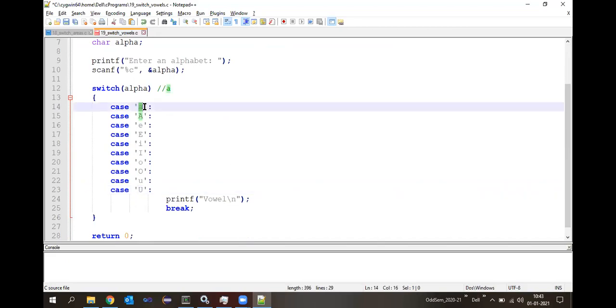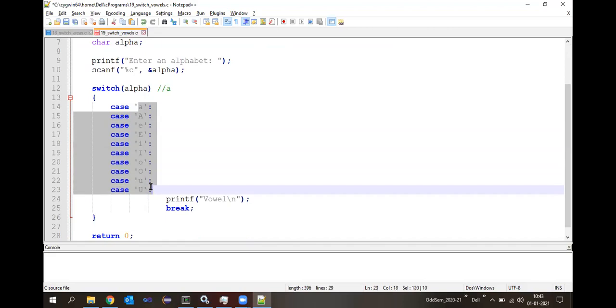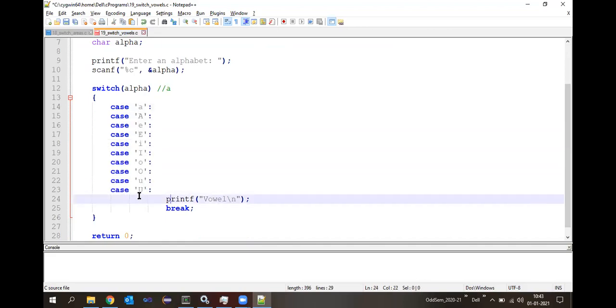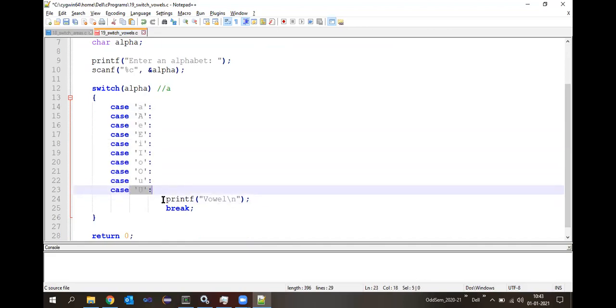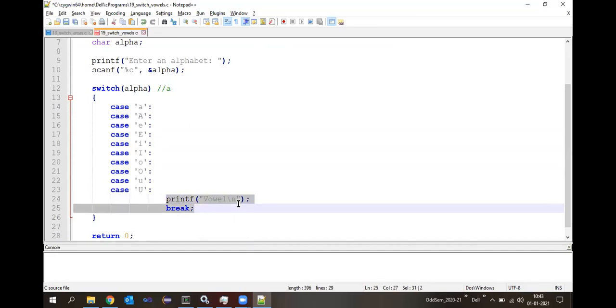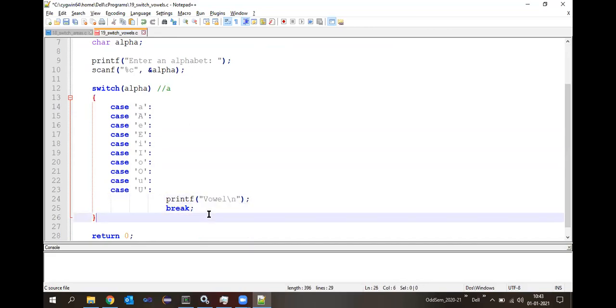Each of these cases will match whenever the entered alphabet is a vowel, whether it is lowercase or uppercase. Then for the last case here, I will mention the printf vowel and then a break.